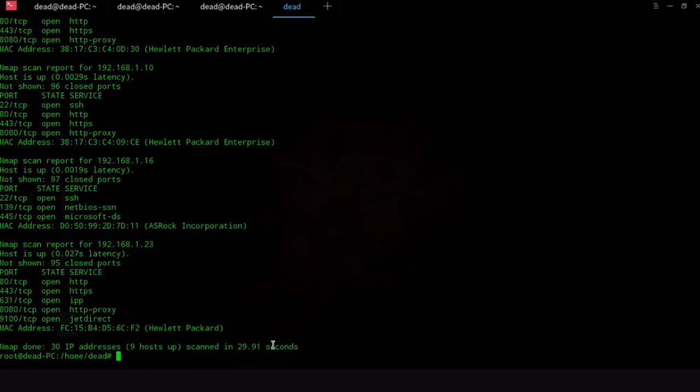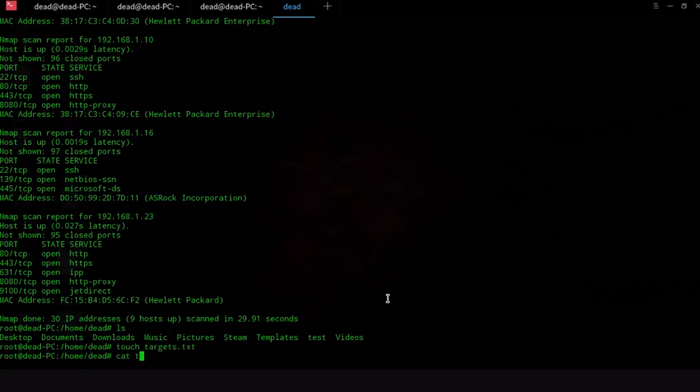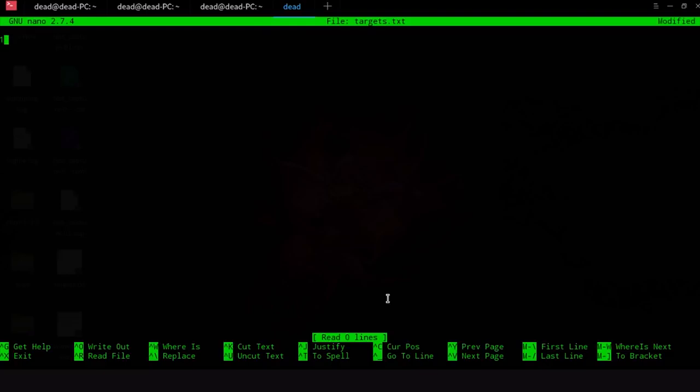Now, you can also give Nmap a target list. Let me make a target list. So targets.txt. Let me just cat it out for you. So there's nothing in it. Now all I want to do is edit this file. So let me just edit that file and put in